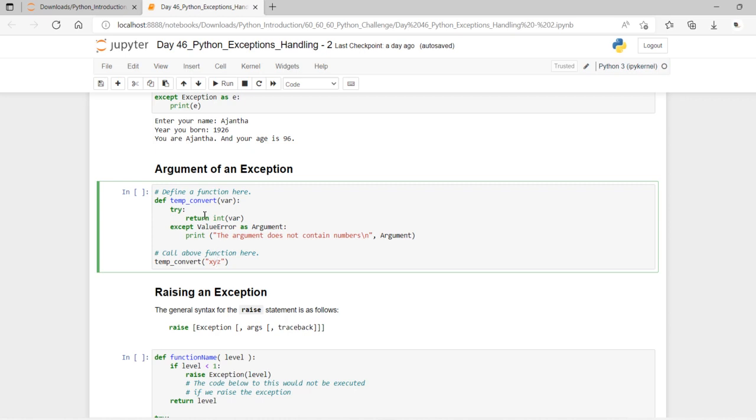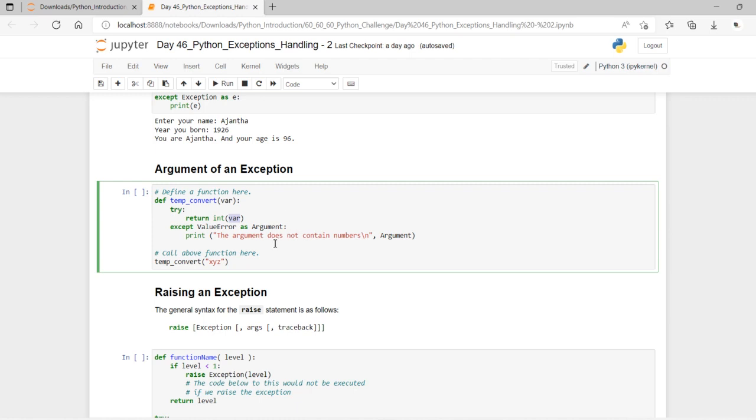As surely we know, for temperature conversion we have to give a number, that is an integer. So even though you are typecasting to integer, here it is a string where the argument does not contain numbers.